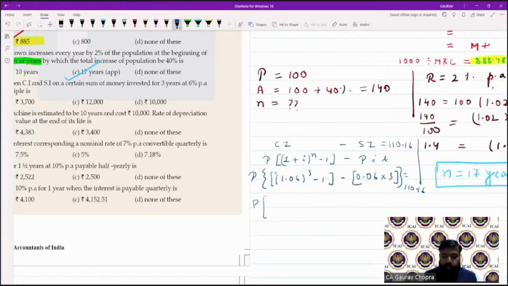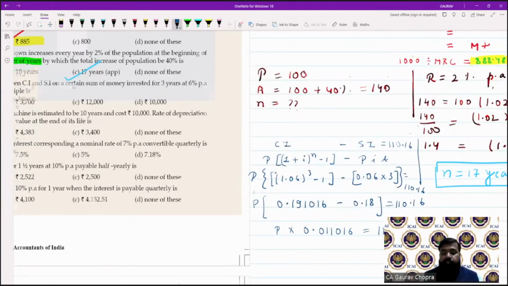So 1.06 to the power of 3 we are getting, and then minus 1. So 0.191016 minus, here we are getting 0.18 is equal to 110.16. So what is the difference? P into 0.011016 equal to 110.16. Now ये तो figure है, P के साथ multiply हो रहा है,